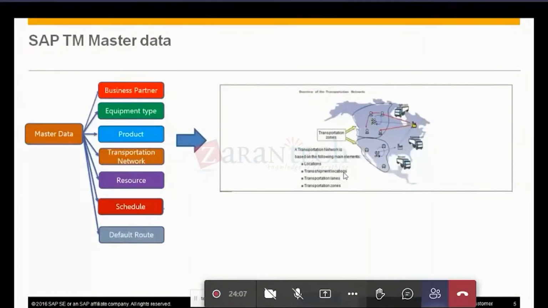If I ask you what is a transportation network, can anyone explain what you mean by transportation network? What do you feel, why is it important? Anyone? No one? Okay. So transportation network basically defines the reachability between the locations and the transshipment points